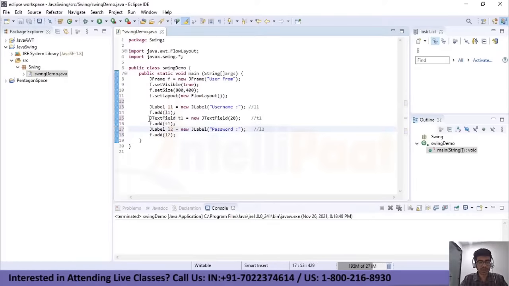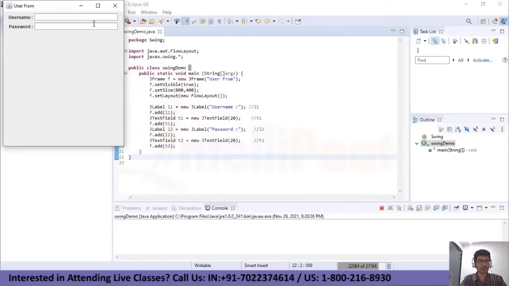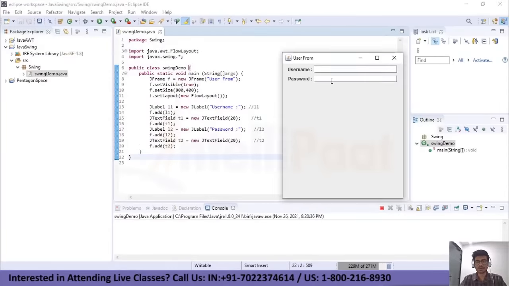Now I need to add another text field next to the second label, that is password. I'll be copying this statement, pasting this, and I'll call the second text field T2, and then I'll be adding the T2 object to the frame also. So this statement is for adding the T2 object, that is text field 2. Now if I just save this and run it, and let me just resize it so that you guys can see. So there's only one more thing to be added, that is a button which is named submit,